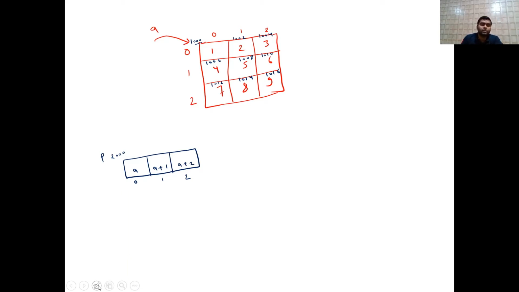It is 1000, so this will point to this particular location. This will point to a plus 1, meaning the second row. The second row's base address is 1006. And the third is a plus 2, the third row base address, which is 1012. So p is an array of pointers.